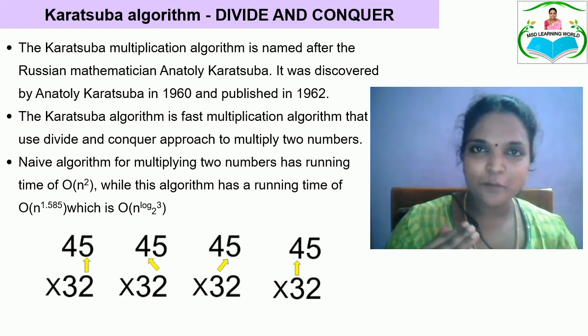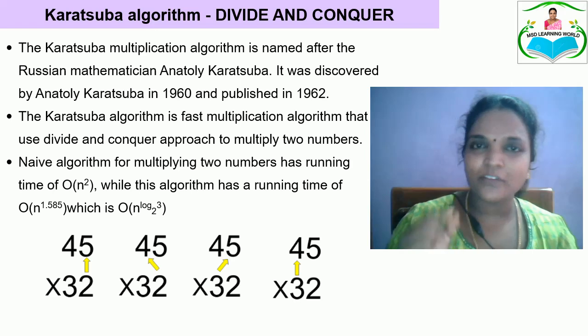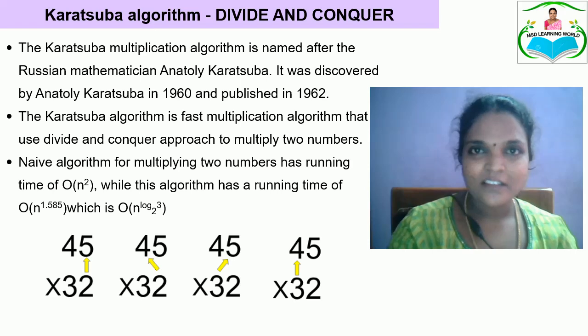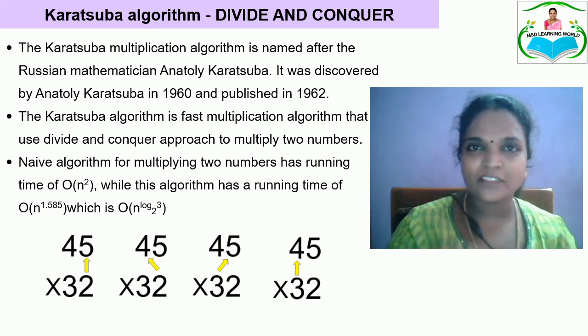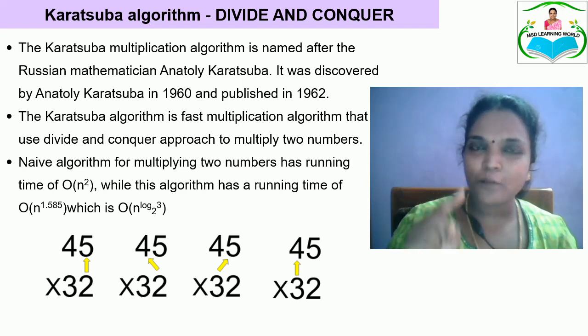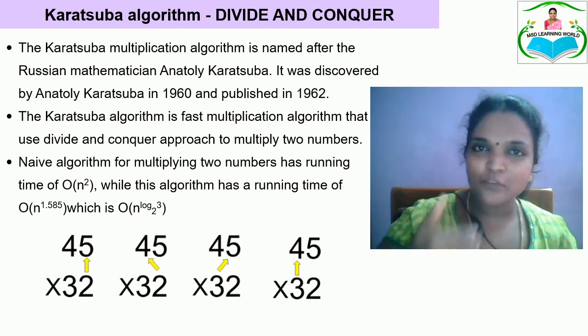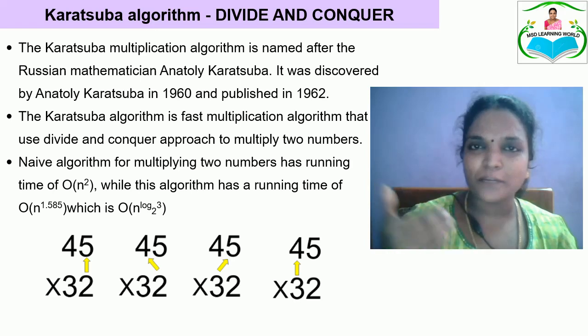So when we perform multiplication of 45 into 32, we will take the first value 5 and 5 is multiplied with 2 and again 5 is multiplied with 3. Similarly, the next value 4 is multiplied with 2 and 4 is multiplied with 3. So we are performing n number of times to perform multiplication with the first value, n number of times to perform the multiplication with the second value, and again we add up the results of the two values. This is how we perform the normal multiplication of two numbers.